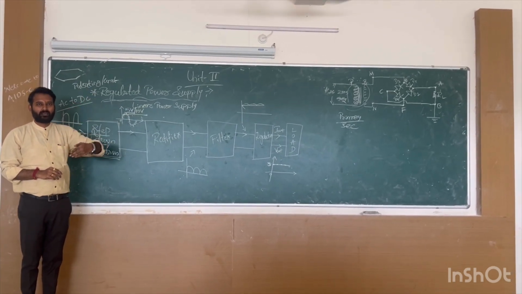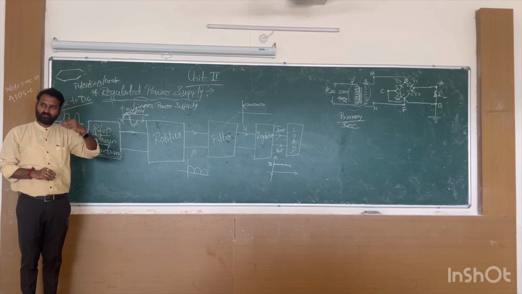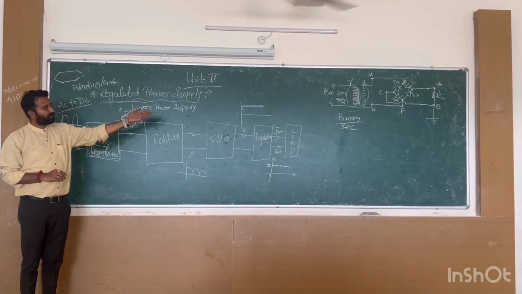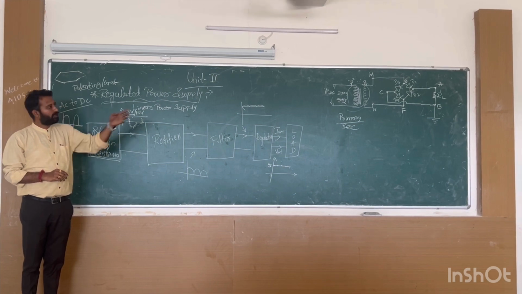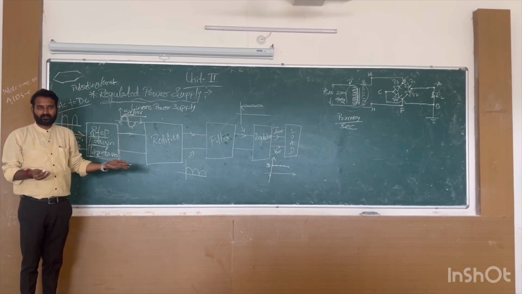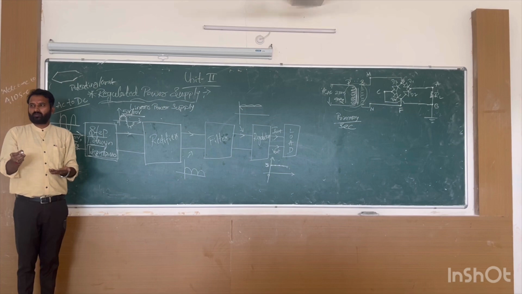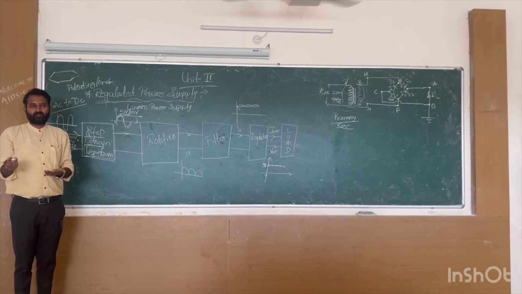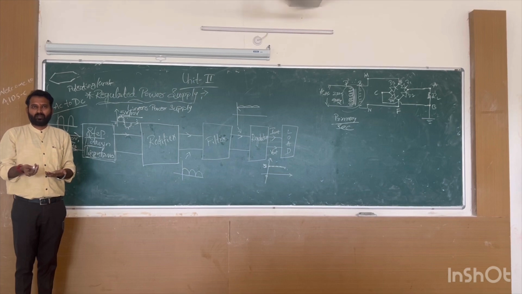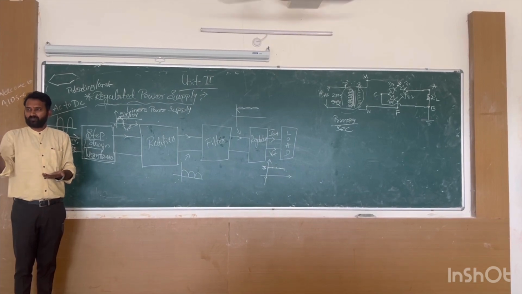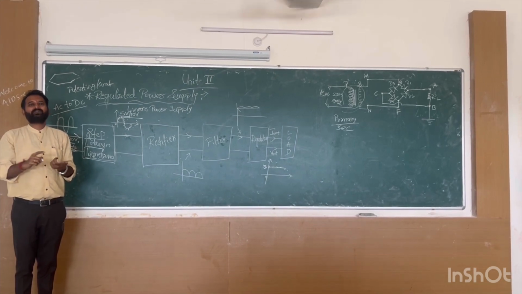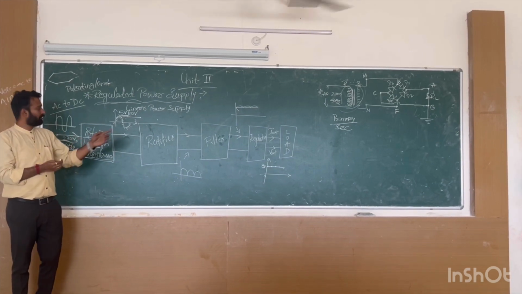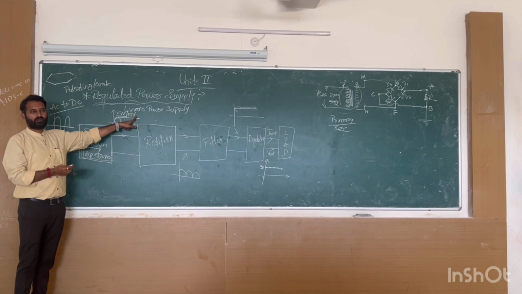Primary to the secondary: the number of turns in primary to the number of turns in secondary. Maybe in primary we have 200 turns, maybe in secondary we have 300 turns. Generally, 200 divided by 300, how much will we get? Something like 1:1.5, or 2:1. That is the turns ratio. By adjusting that turns ratio, you will get your required voltage.